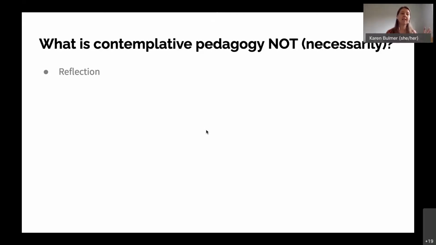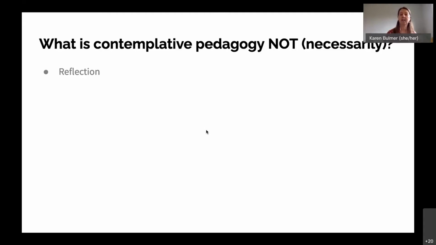One is the deliberate evocation of meta-awareness. In that opening practice, I asked you to reflect on what contemplative means to you. We could have stopped there, but in a contemplative frame, we want to invite a little bit more reflection around who is reflecting.